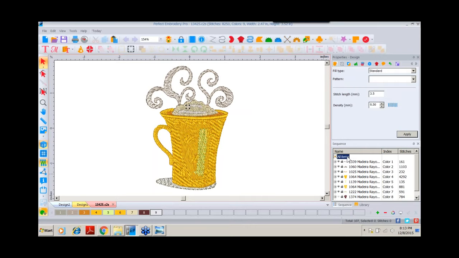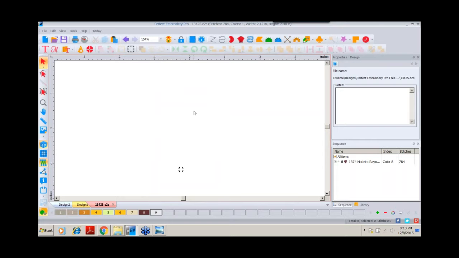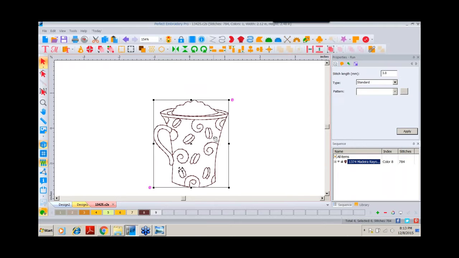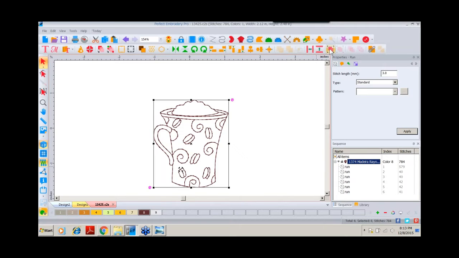Then we come up and click on all items so it selects everything else, and I'm going to hit the delete on my keyboard. It looks like we got rid of everything, but we didn't. Come on back over here to the brown, click on the eyeball, and the brown, all of the outline is still there. Now I do need to come up and group this, because if I expand it, you see all of those little pieces and parts to this particular part of the design. So I'll select all of the brown, come up and click on group,